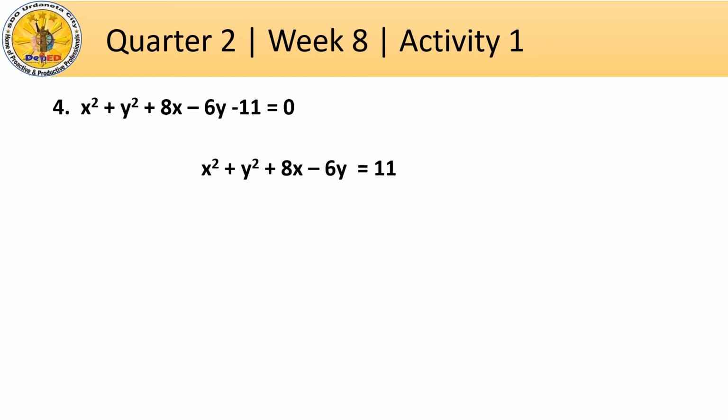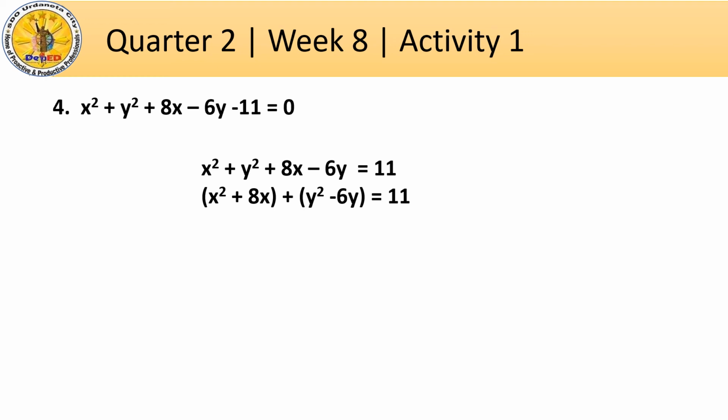So we have the equation x squared plus y squared plus 8x minus 6y is equal to 11. Then combine like terms. So we have the quantity x squared plus 8x plus the quantity y squared minus 6y